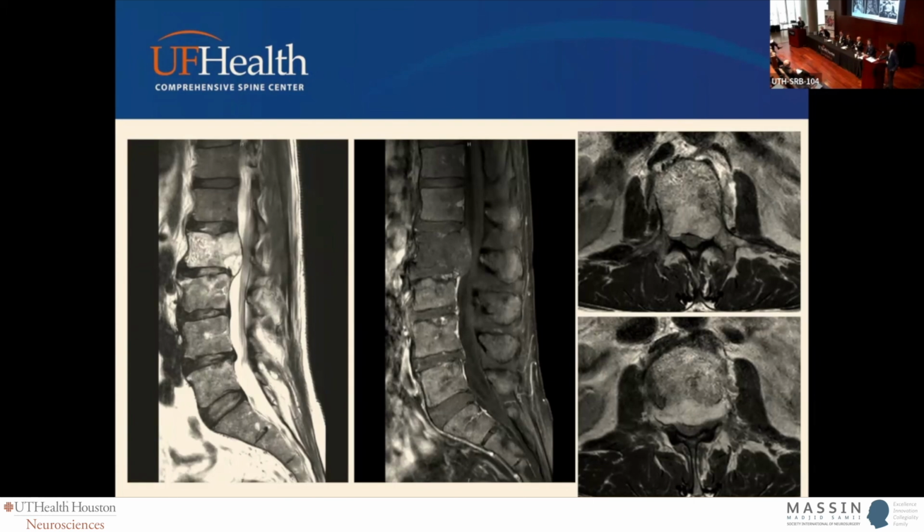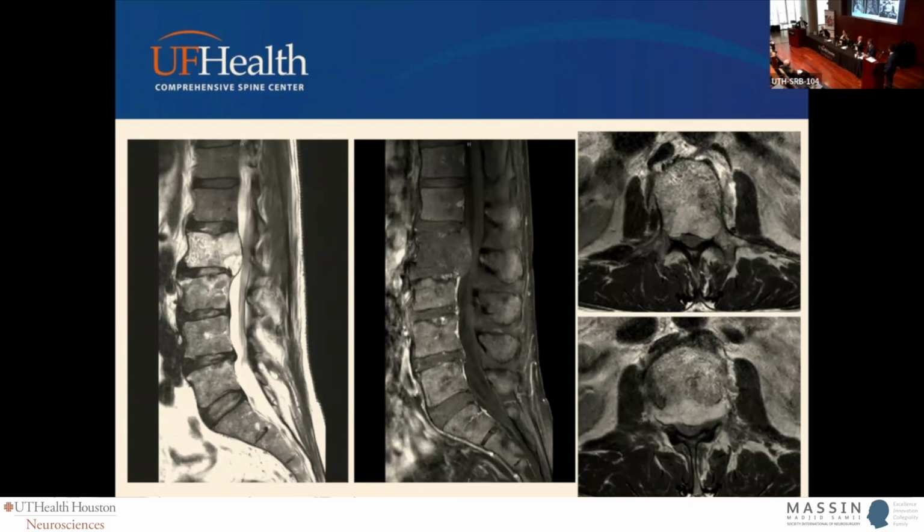Okay, great. The one trick to this too is when you do the 2 stages. So he's going to go to the back first, instrument, decompress, remove the elements, and then go to the front for the delivery of the tumor. But when you're in the back, don't miss out on the opportunity to trace out the nerve roots and to do the lateral body dissection first. Because the difficult part in the front is getting to the far side, because it's not a true anterior approach, you're actually on a lateral approach. And so the far side is really challenging.